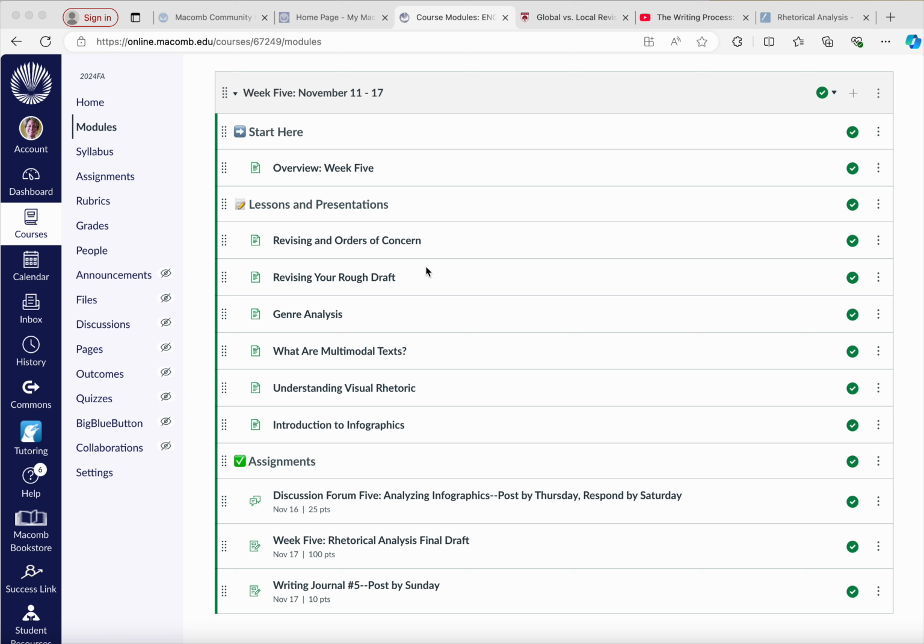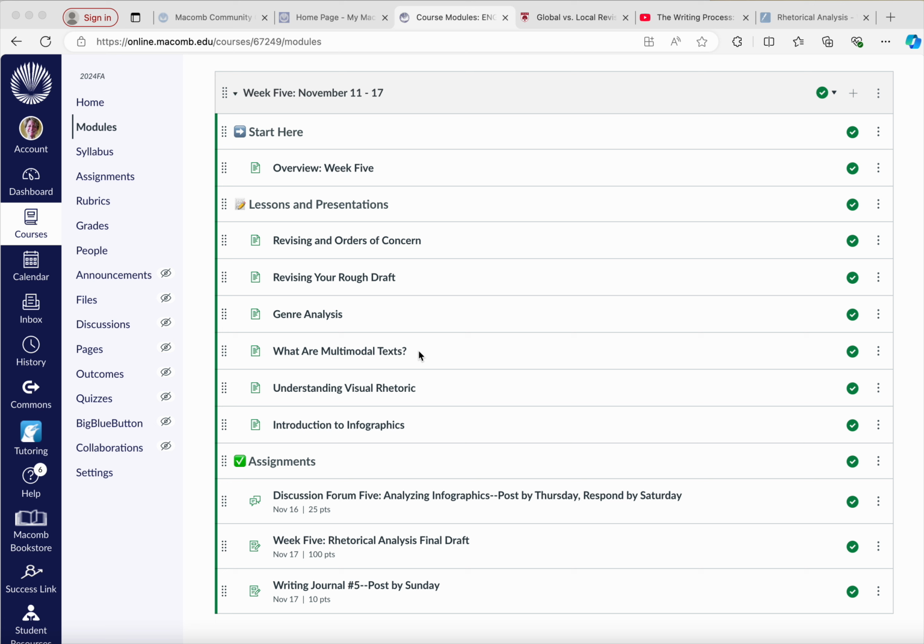And then the next 4 really prepare you for your discussion forum. So we're going to start thinking about genre analysis, how we dig into aspects of genres. We also want to introduce that concept of multimodal texts that rely on more than just writing, more than just the written word. So you might think of, for example, a video as a multimodal text, because oftentimes it combines